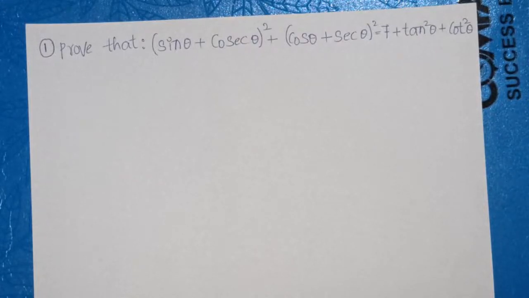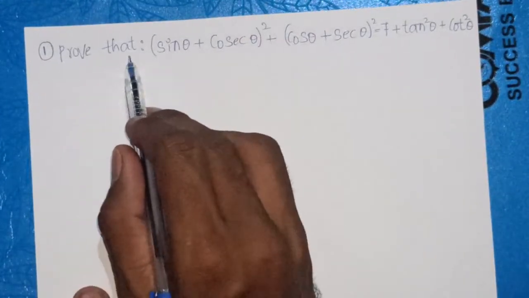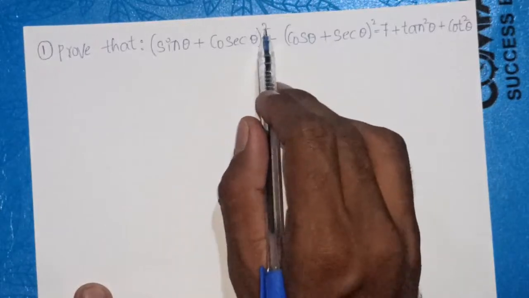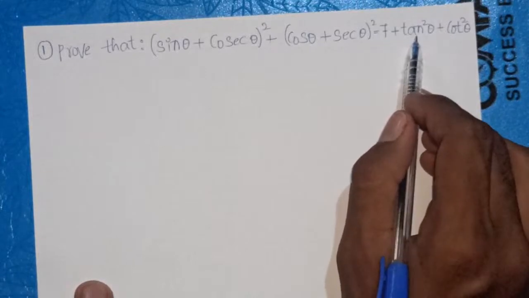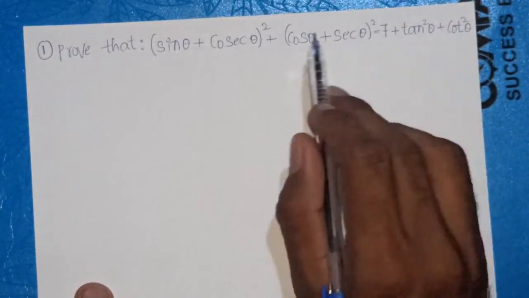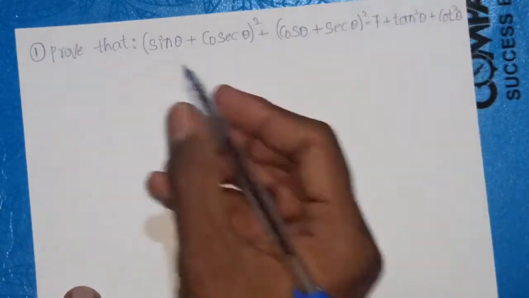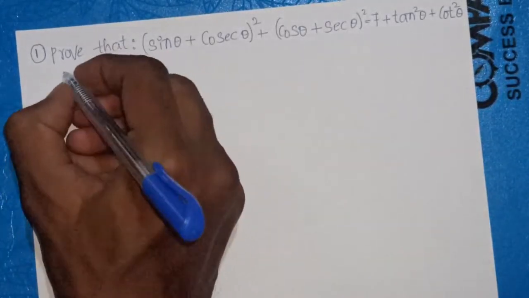So let's get started. In our first question, we have to prove that (sin theta plus cosec theta) whole square plus (cos theta plus secant theta) whole square will be equal to 7 plus tan square theta plus cot square theta. Here we need to take LHS and we need to prove RHS. By taking LHS,